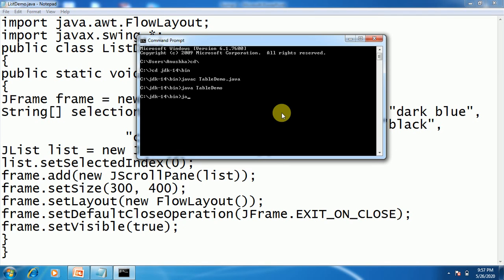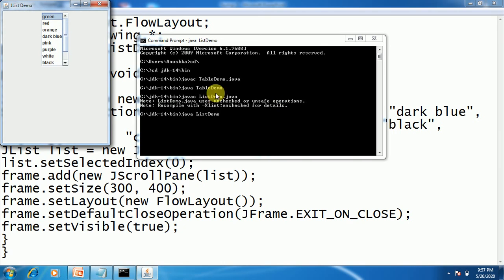Now what we'll do, we'll run this program. ListDemo.java, list demo. Okay, now here, as I have given the selected index as 0, it has selected the first color, that is green.